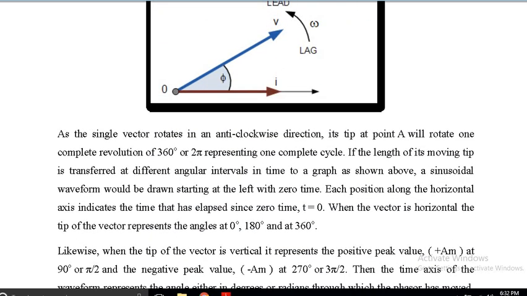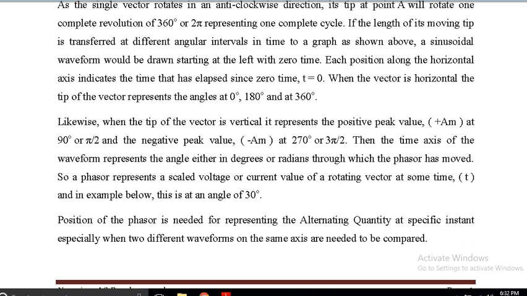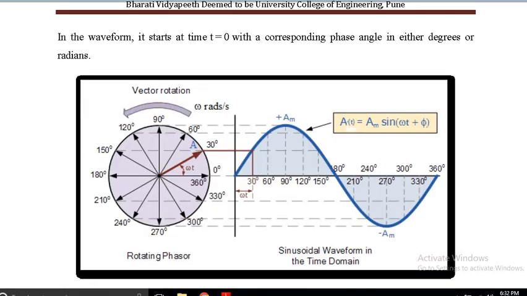You can see over here as I go on increasing this phase from 0 to 360 degrees like this. So when this tip moves from 0 degrees to 360 degrees, that is 2 pi to be more specific as far as radians is concerned, if you see over here, 0, 30, 60, 90, 120 like this up to 360 degrees, there is a generation of a sinusoidal waveform. You can see 30 degrees is shifted like this, 60 degrees like this, 90 degrees like this, and so on. So when a phasor is rotated from 0 to 360 degrees, there is a sinusoidal waveform generation.